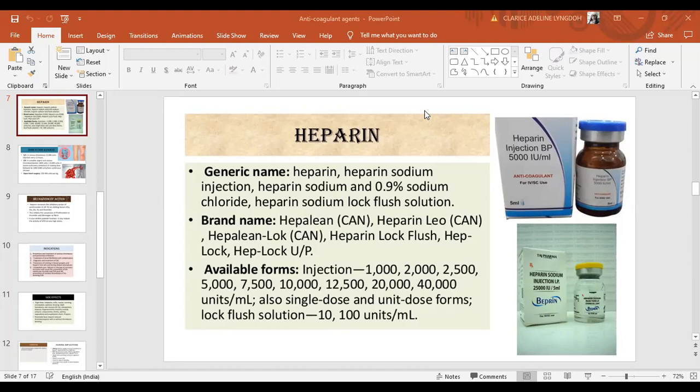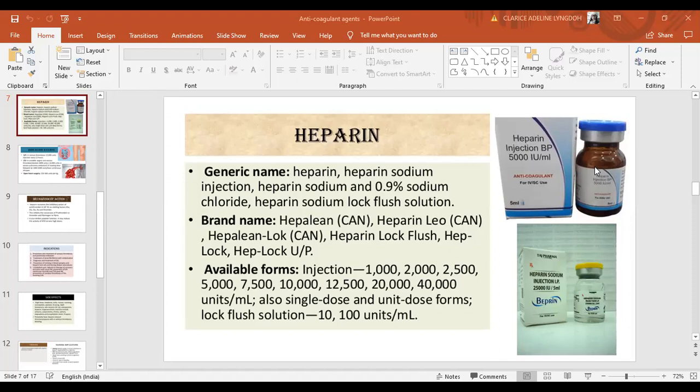So the ABG test is very important for detecting acidosis and alkalosis. If you have to do an ABG test, what do we do? We take a 1 ml syringe. We have to flush it with heparin lock flush. If it's not there, then we can use heparin injection also.